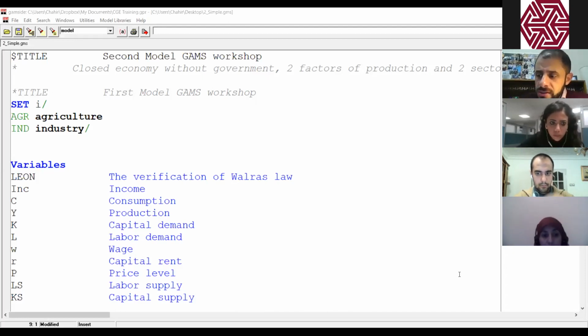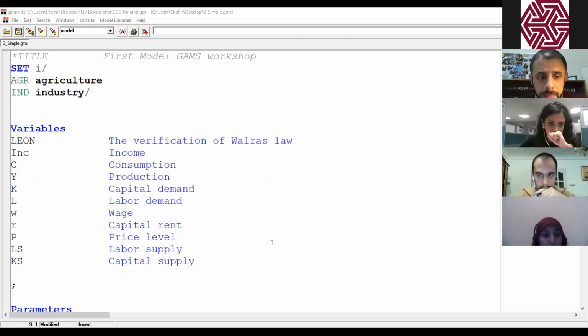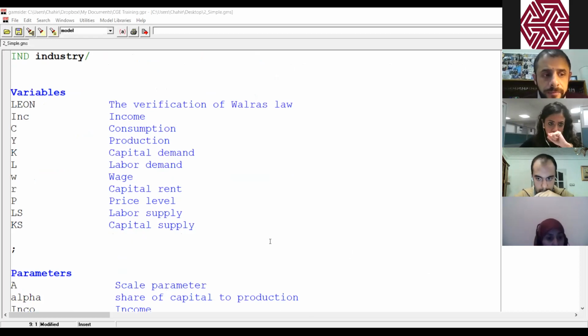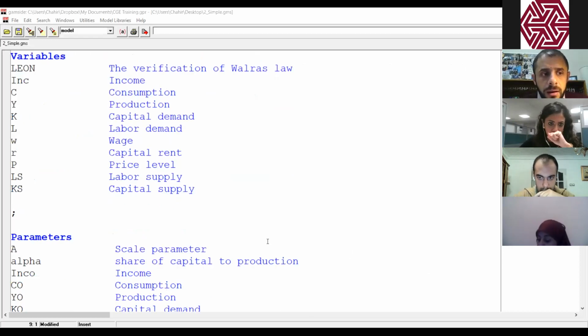Any question on this? So that's the simple step. For the list of variables, nothing will change, because we have the same variables. But what will have to change in the variables? What do you think?